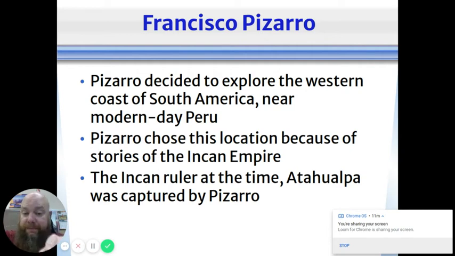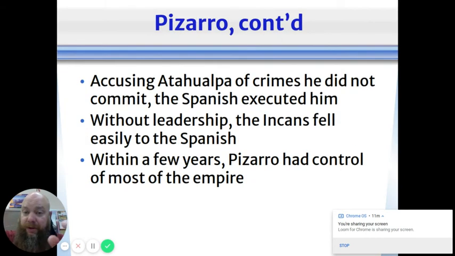Atahualpa was like, hey, fight Pizarro. And then they're like, okay. And then Pizarro captured Atahualpa, and they were like, okay, what now? What do we do now? And they were like, well, he told us to fight him. Yeah, but he's gone now. So now what do we do? And so they were pretty literally unable to process any information without their ruler telling them specifically at all times of day what to do.